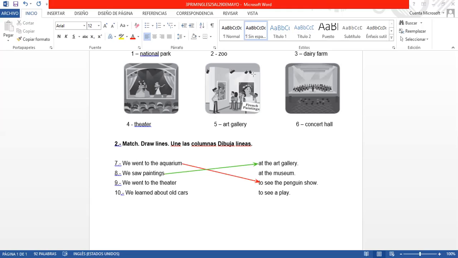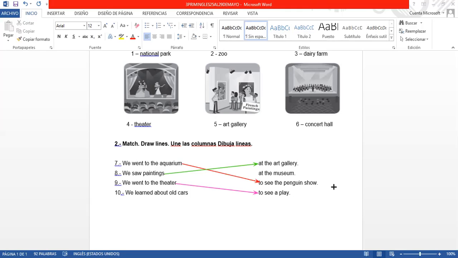Okay, then after that, we have a theater. We went to the theater to see a play. Now, I know that some of you don't have number 9 the way I have it here on the screen because there was a little hiccup that we came across and we had to amend that little hiccup. We had to correct that. Okay, so that's why we changed it